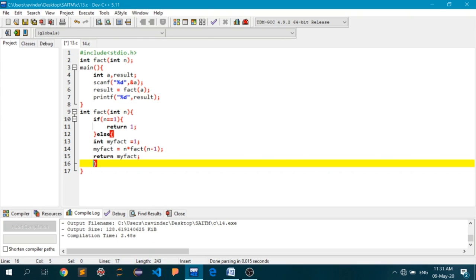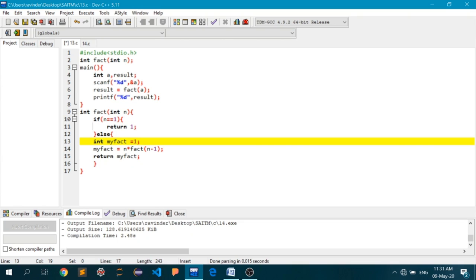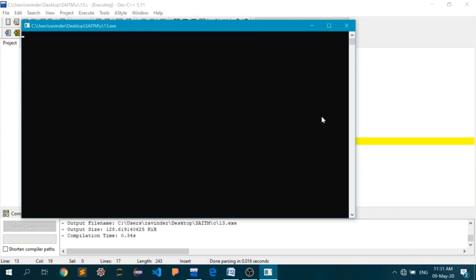Okay, I think this should work. So let's save it and try to run this. And I will insert the value 5. Okay, so I've inserted the value 5.